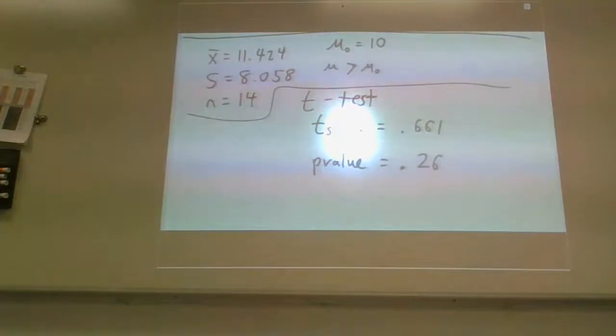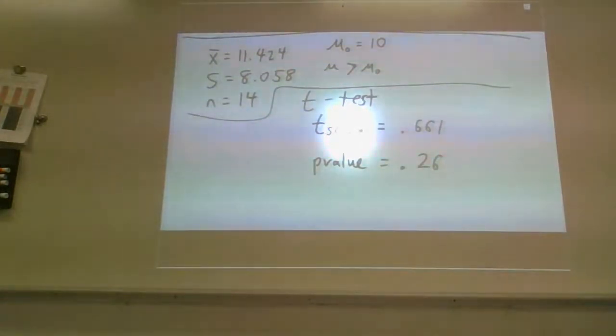But for the AP test, if you were doing an open-ended question, this would be sufficient for performing the test. You tell the AP grader what test you performed, what data you inputted, and what results you got out of it. And then you can go straight to your conclusion, which I'm going to do in a little bit. But I am going to show you how I calculated this, because it's pretty awesome.